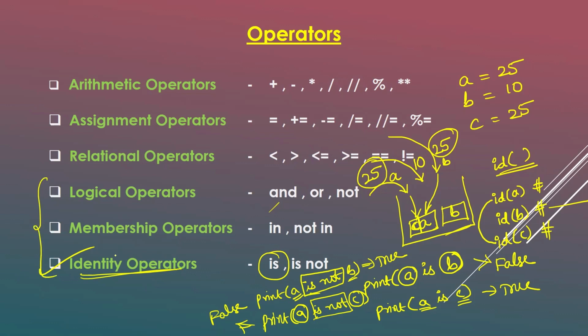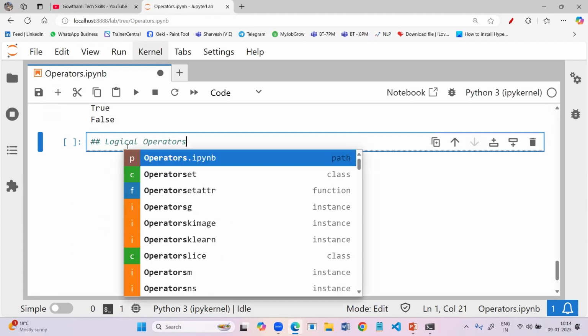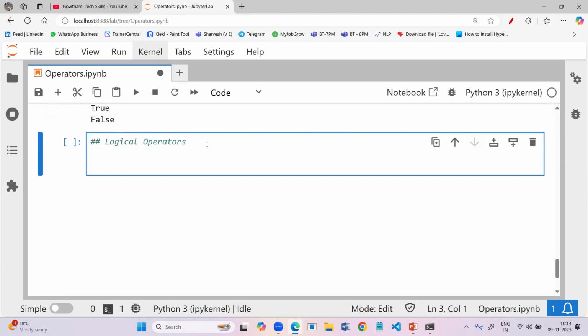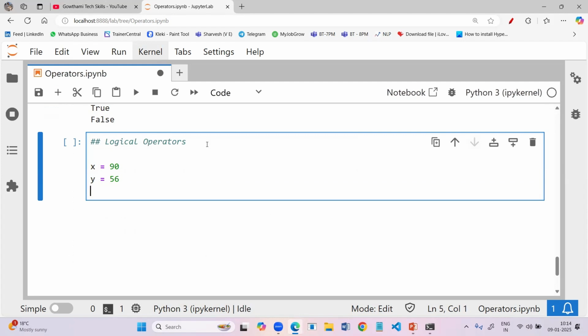Let's discuss the practical. First, we will discuss logical operators. I'm going to create three variables: X is equal to 90, Y is equal to 56, Z is equal to 35.